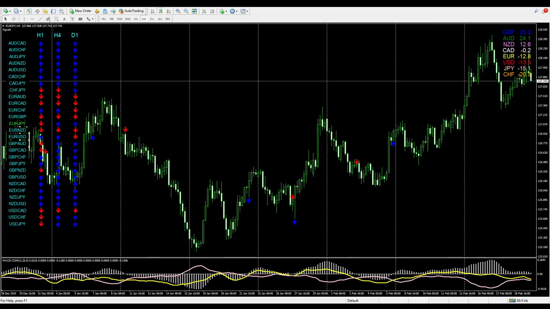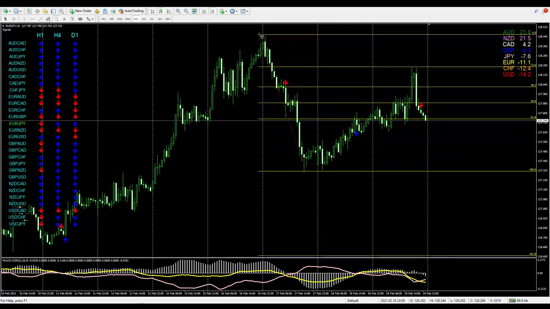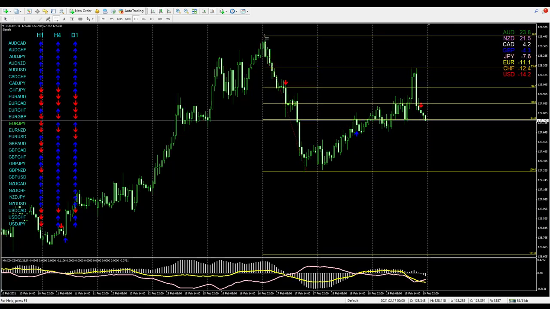For H4, as we can see, it was buy for 2 weeks now. And for H1 this week, we would plot it, and as we can see, there was a buy around this part and 2 days prior from it. So if it is Thursday, we would plot it until Tuesday, but this is the Fibonacci level